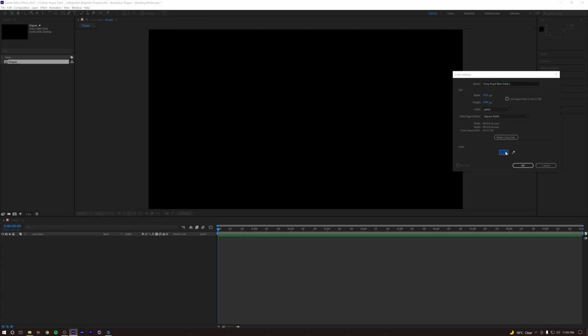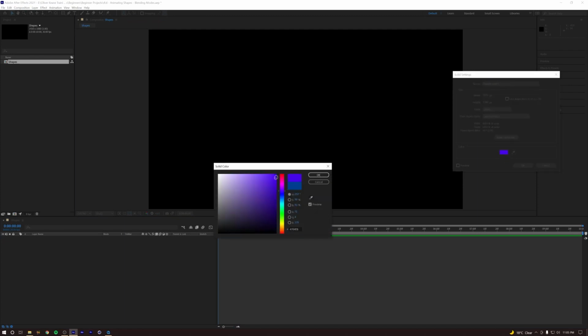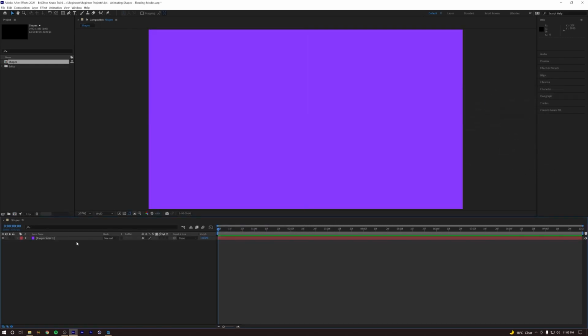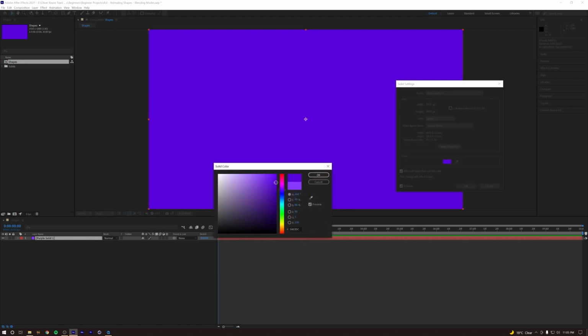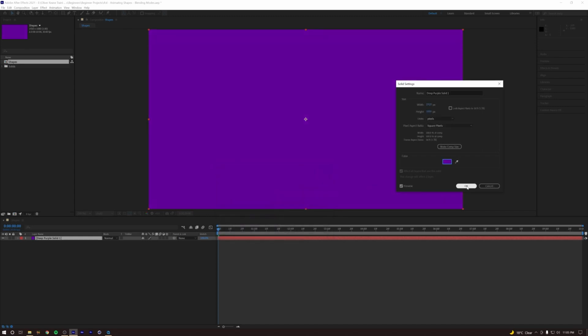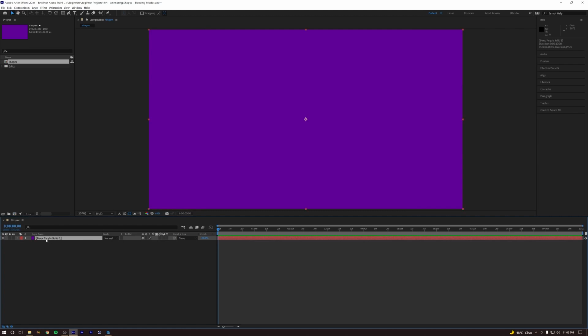I'm going to make this a purple, whatever kind of purple color you want, or whatever color you want to do. I'm just going to go okay. So now we have a purple background. I'm going to make this a tiny bit darker, because I think it's too light, and more on the purple side. Okay, there's our background. I'm going to call this BG for background. I'm going to lock it because I don't really need it for a while, and I'm going to add in two shape